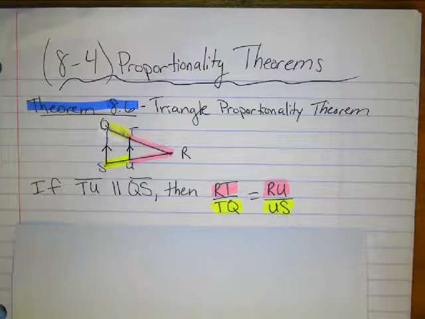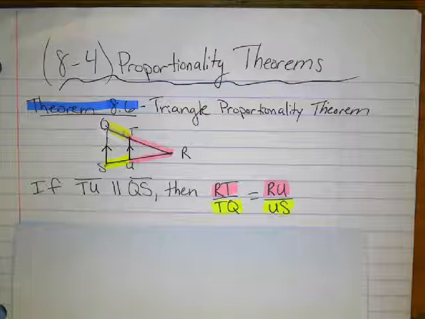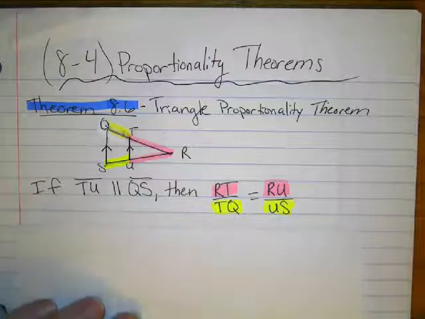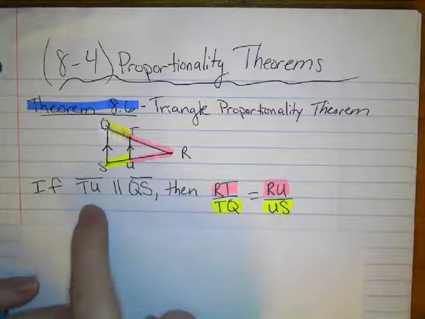So last time we talked about section 8.3, which is about the side-side-side and side-angle-side triangle theorems. So today we're going to talk about proportionality theorems. We first have our theorem 8.6, which is the triangle proportionality theorem, which states if we have two parallel lines,